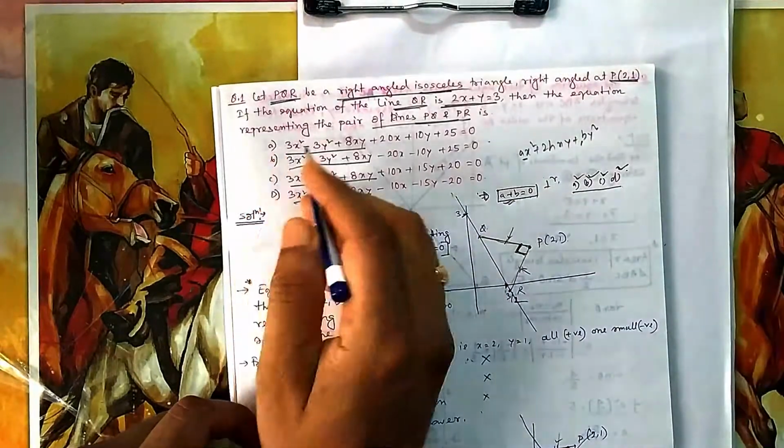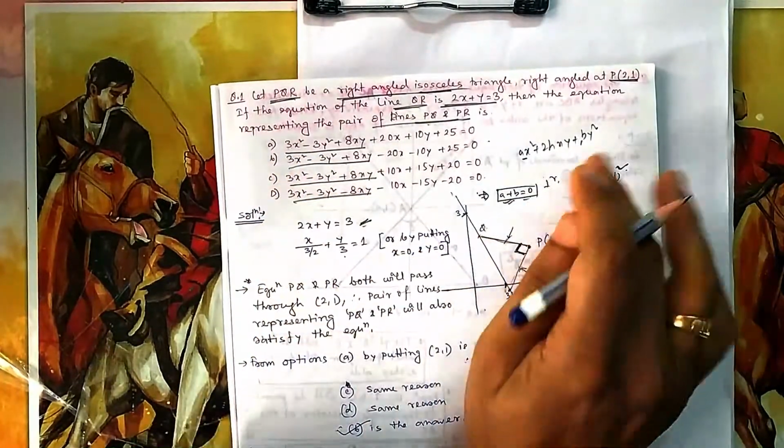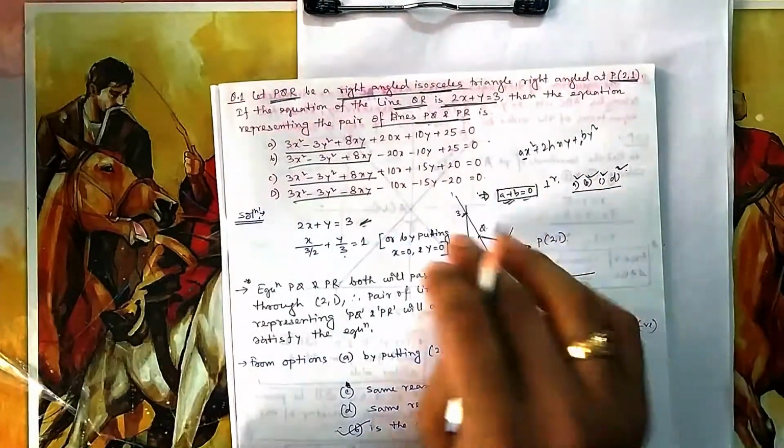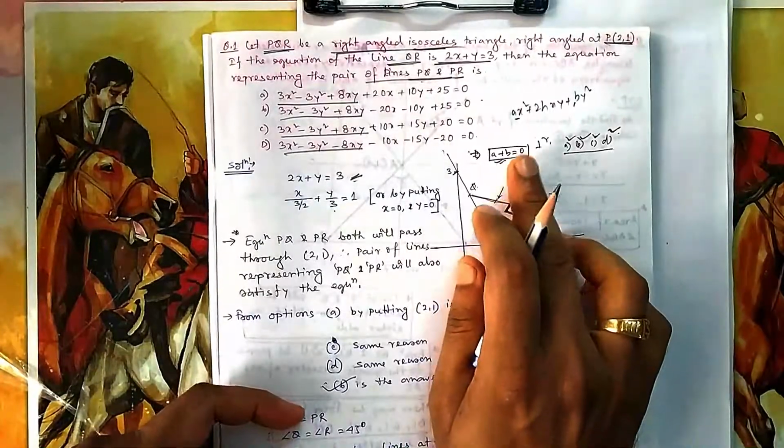So you see the options, the first option, a + b is 0, and in the others too. So all are okay. A, B, C, D, all four can be the correct option. So that means I have to go further. But this should be my initial look, that a + b should be equal to 0.